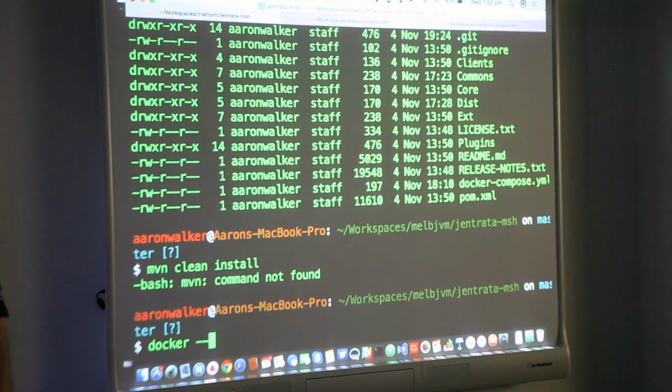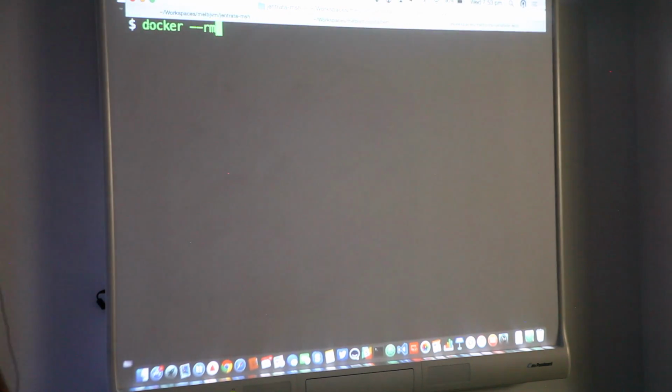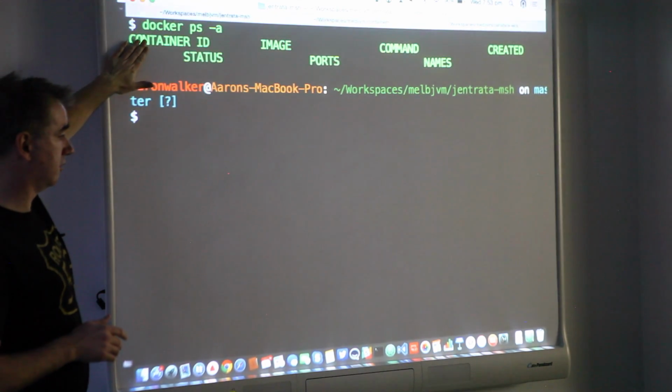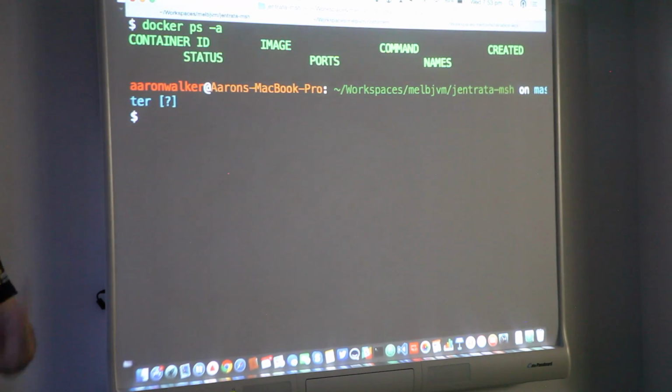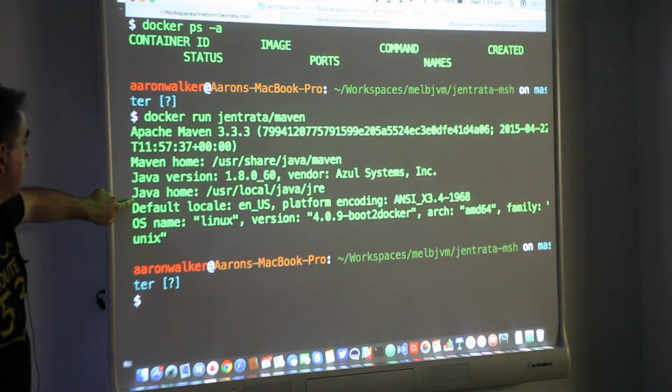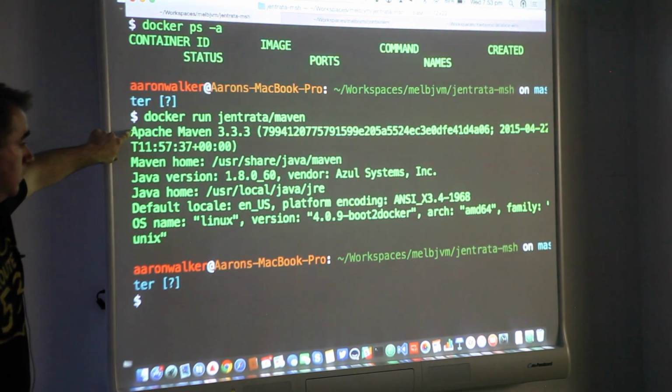Another thing you'll learn, this particular switch, let me switch that to the top: --rm. When you run a container, if you don't have this flag, let me just do a docker ps -a. This shows me all of the containers that are running. So there's nothing running, and there's nothing that has run. I'll run it without the flag and show you. Docker run. Let me just run that Maven container. There we go. Cool. Java 8 and Maven 3.3.3 installed. Right, cool. So that's Maven running